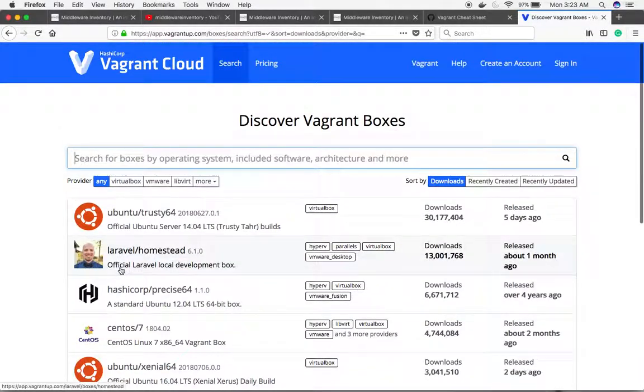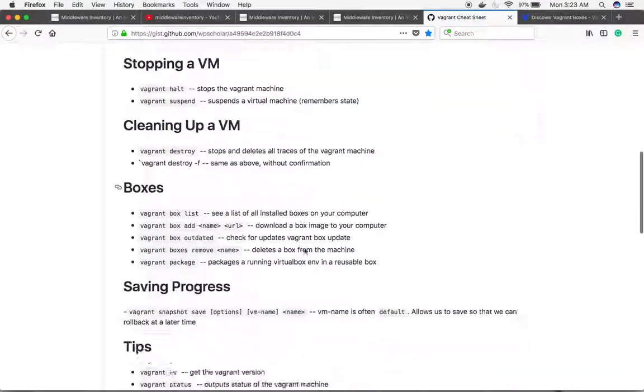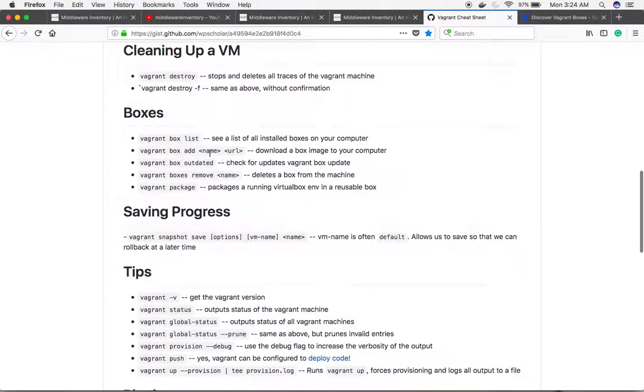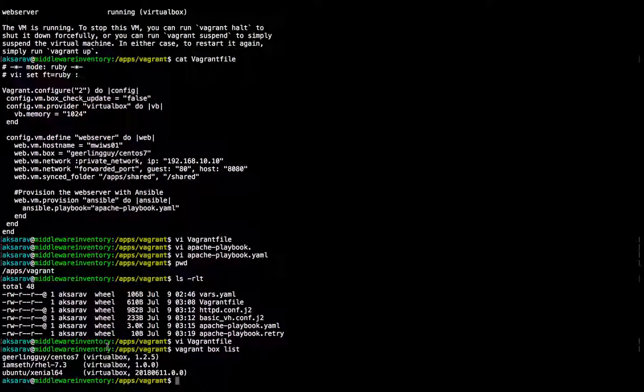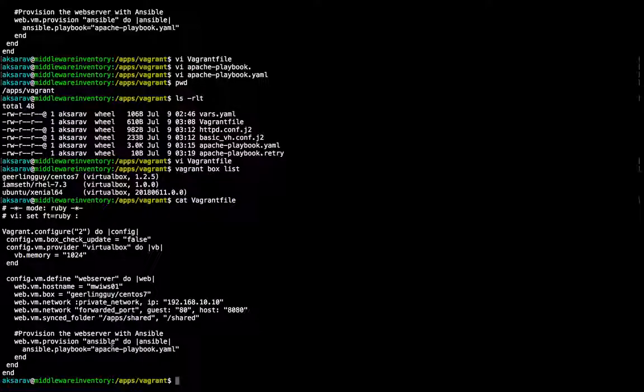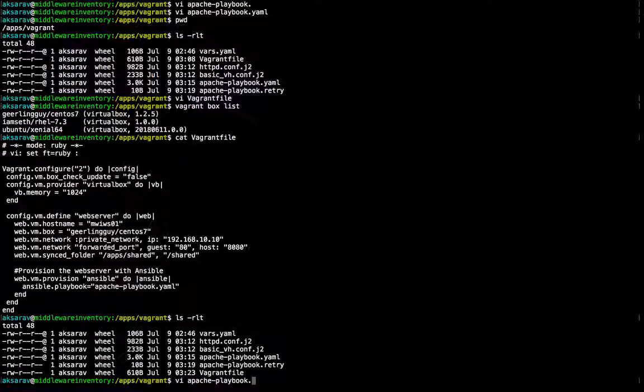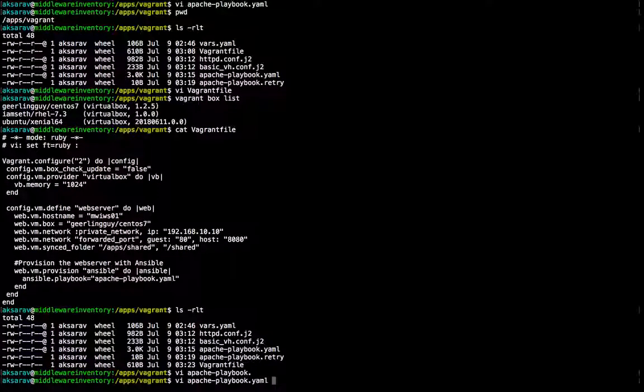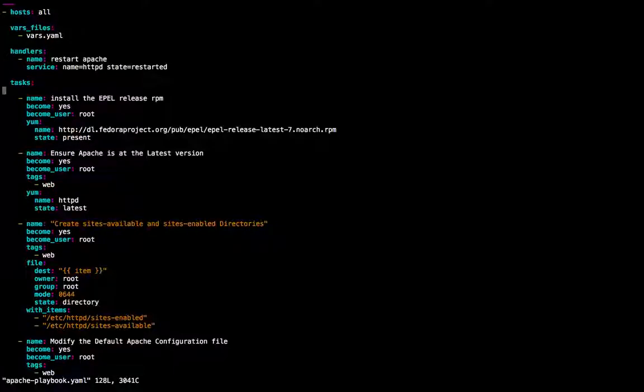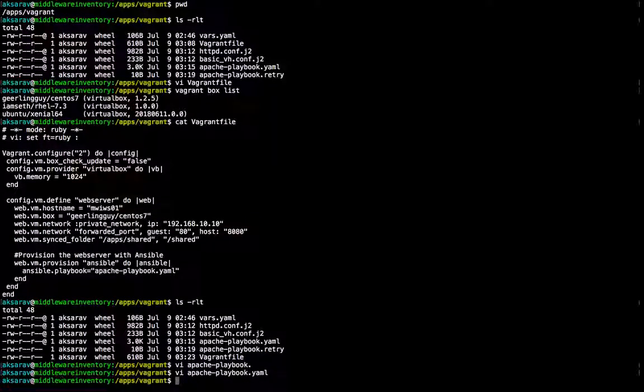So these are various boxes from the Vagrant cloud you can download. To obtain a new box, you can use Vagrant box add, the name and the URL taken from here, and you can install it. So I have 3 boxes and I have used the CentOS 7 box in the Vagrant file. Next thing we did is we added the Apache playbook YAML file, and we had a certain kind of tasks, and we executed them using the Ansible provision within the Vagrant file,